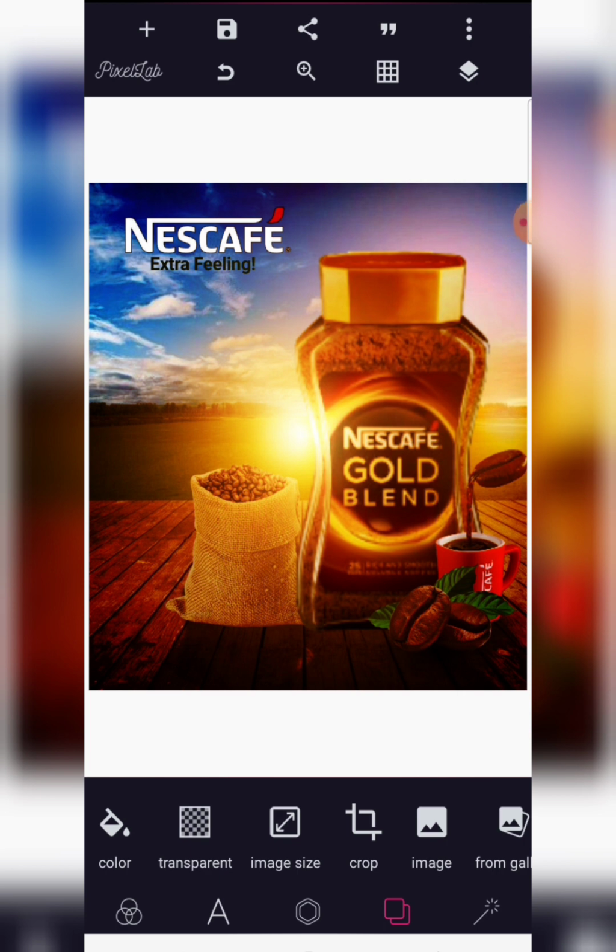In today's tutorial, we shall be looking at how you can create this marketing art poster for NESCAFÉ using Pixellab